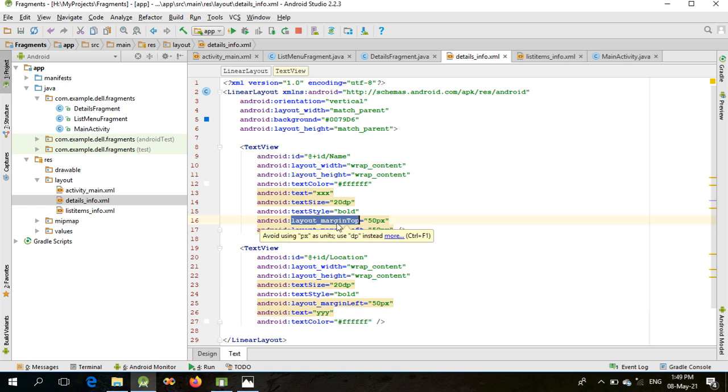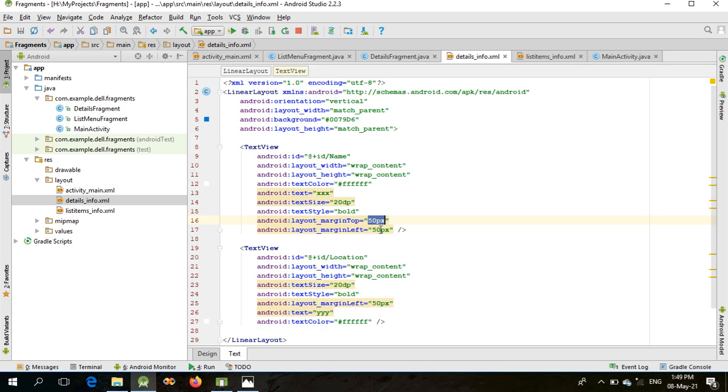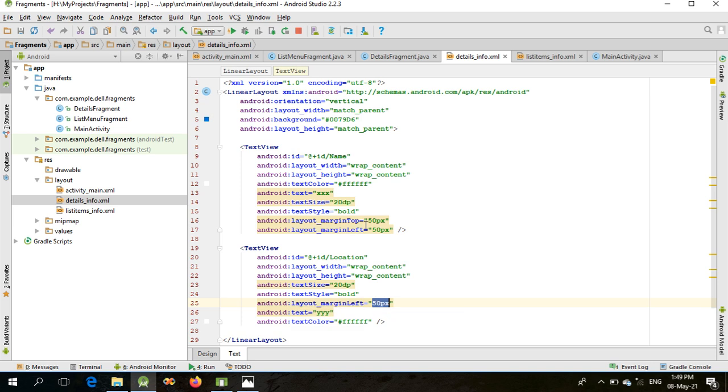Now see here, its top margin is 50 pixels, and left margin is also 50 pixels for text view 1. That is why from the top 50 pixels have been left, and from the left also 50 pixels have been left for view 1, whereas for text view 2 the x coordinate will be the same, that is 50 pixels, whereas the y coordinate will be somewhat more than that of the first text view. So you see here its left margin is the same as that of the previous one,